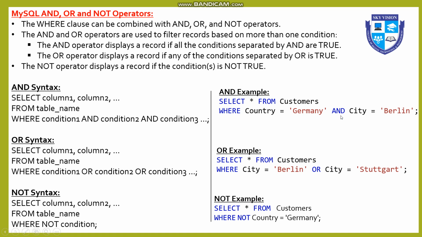AND means what? If suppose I have two conditions, one is suppose the first condition and another is the second condition. Okay, now